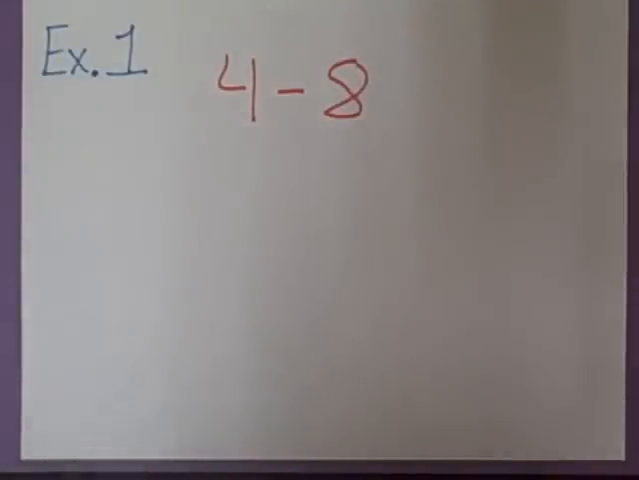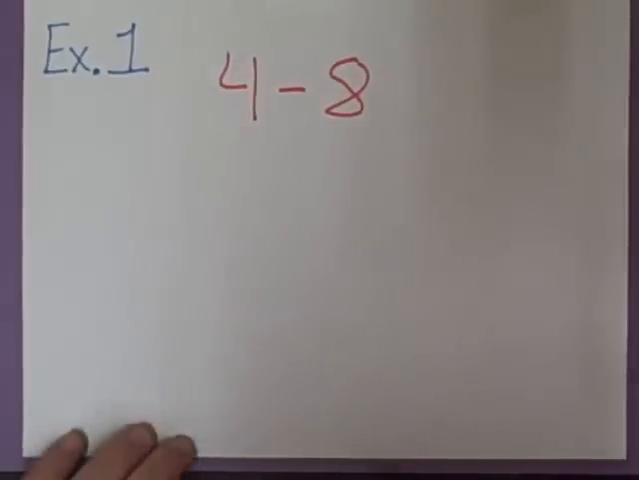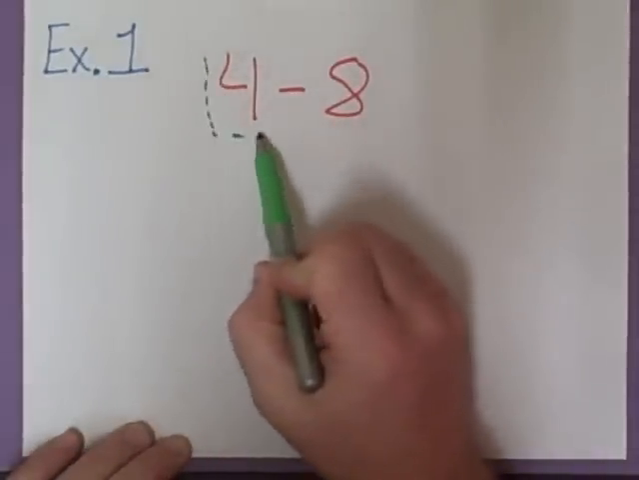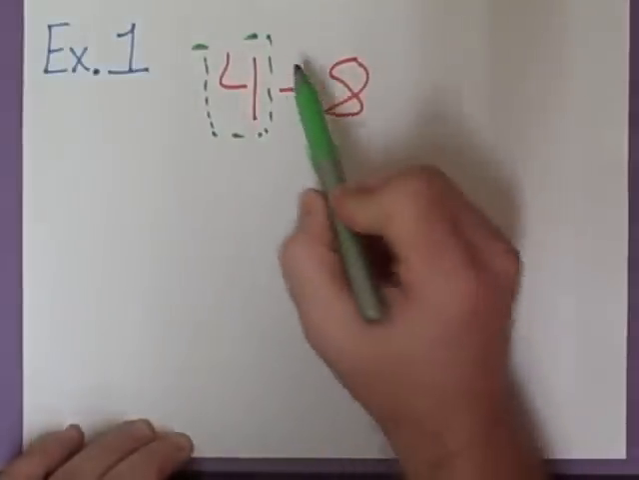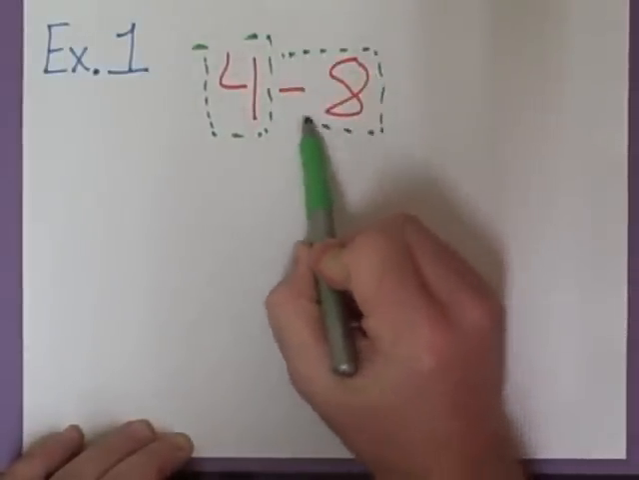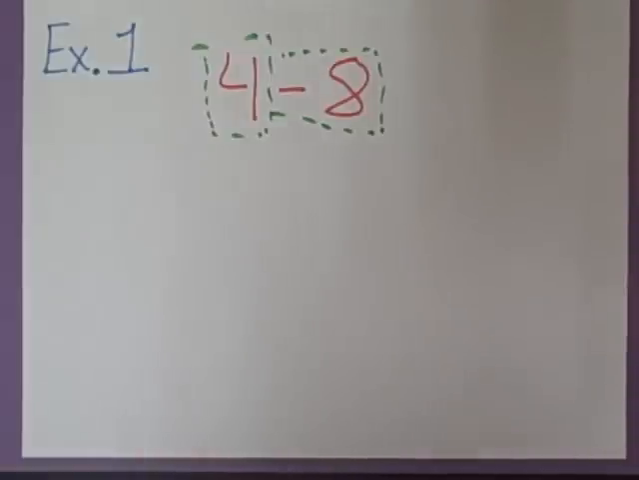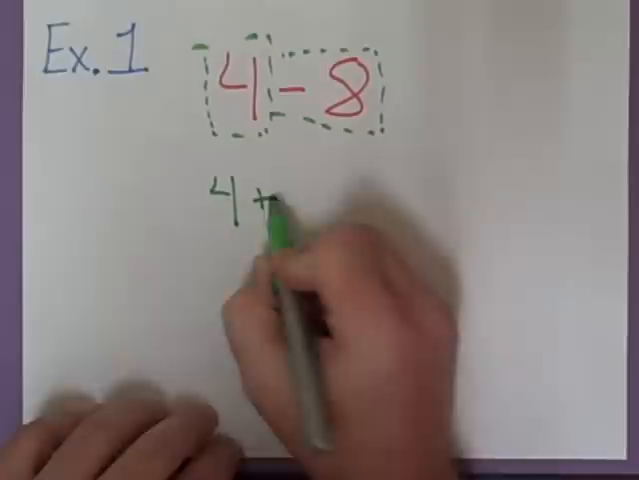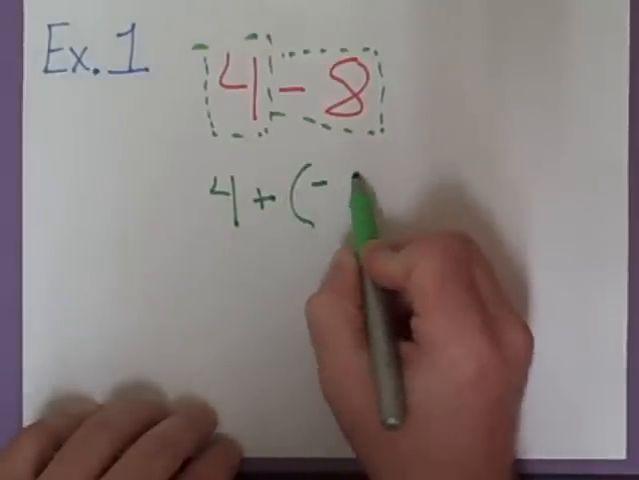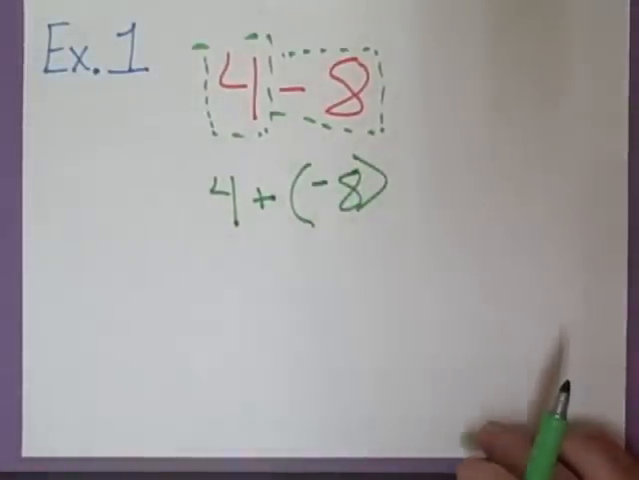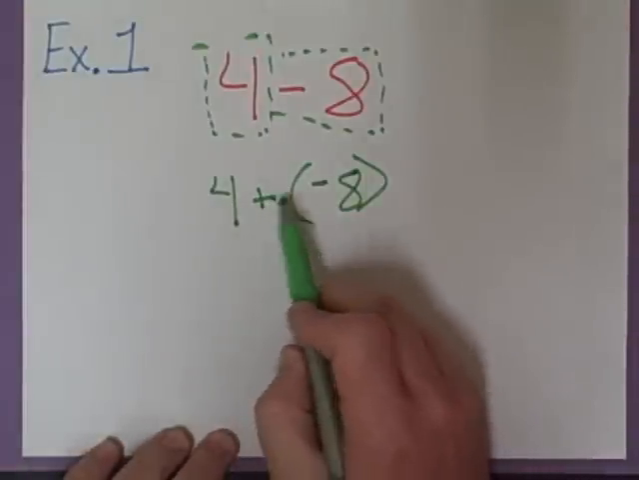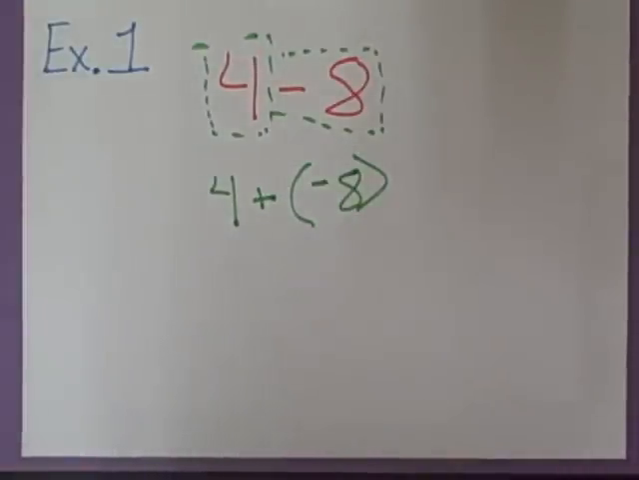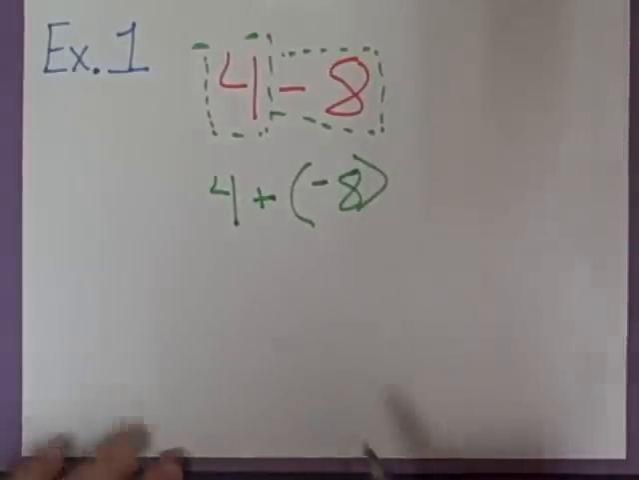Let's look at example 1. We have 4 minus 8. If we were to identify the separate integers, we have a 4 and we have a minus 8. We can actually combine those and call it addition by saying 4 plus, or combined with, the negative 8. And this is the way the problem looked yesterday. 4 plus negative 8. And again, if we use our number line,